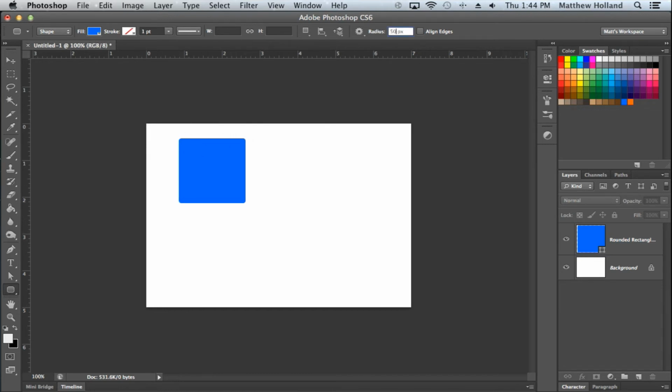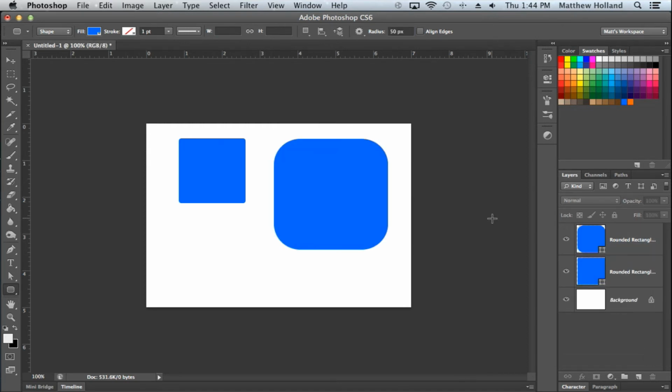Now let's make this 50. Much bigger circles, or much bigger edges. So you can see a huge difference in the edges on these than you did on this one. What that did is I changed the radius of the pixels, which is basically just the outside of it, saying that I want it to be 50 pixels around instead of 5 pixels around. So, very simple,